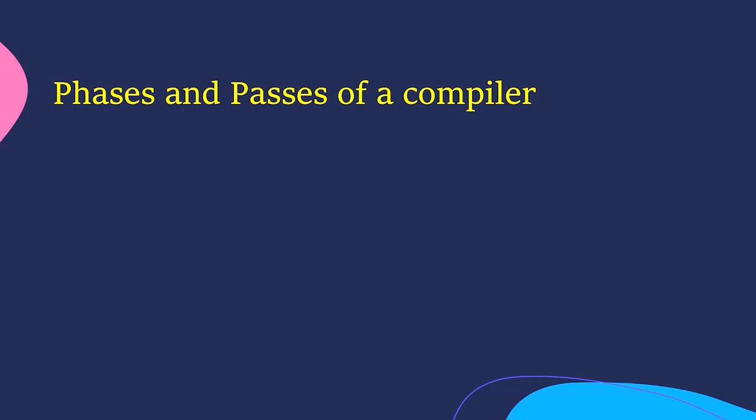Phases. A compiler can have many phases and passes. First, we need to know what is meant by a pass. A pass refers to the traversal of a compiler through the entire program. Then what is phase? Phase of a compiler is a distinguishable stage. This distinguishable stage takes input from the previous stage, processes and yields output that can be used as input for the next stage. A pass can have more than one phase.